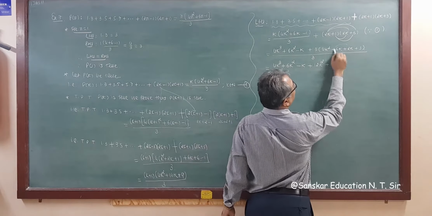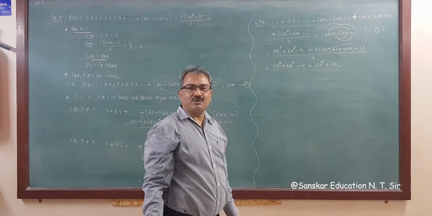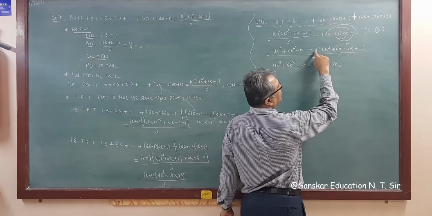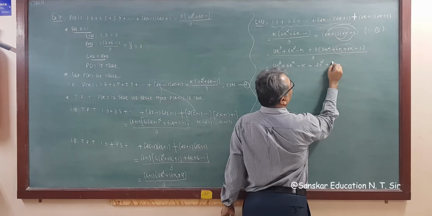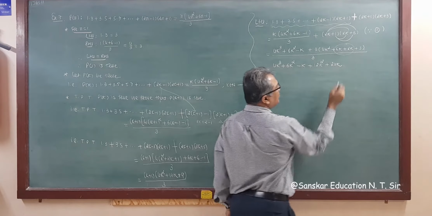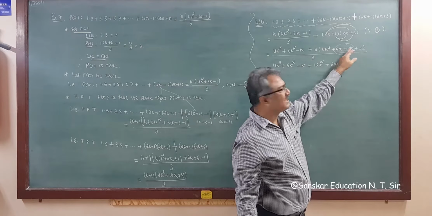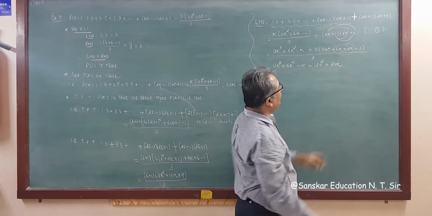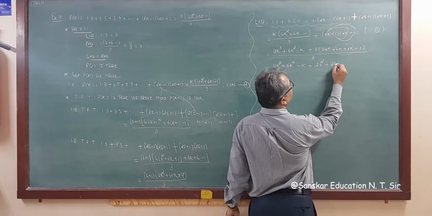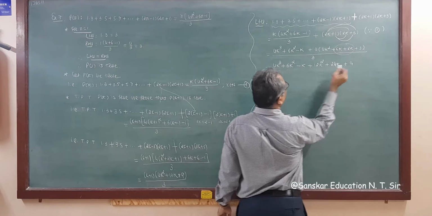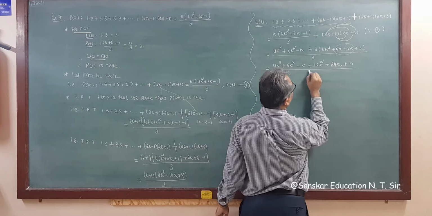Sorry, this is 6 plus 2, we are adding, so one term less will be there. So 6 plus 2, 8, 8 into 3, 24k. And if you don't know, then write down 8k, 18k plus 6k, 18 plus 6 is 24, right? So this is 24k, and plus 9 divided by 3.